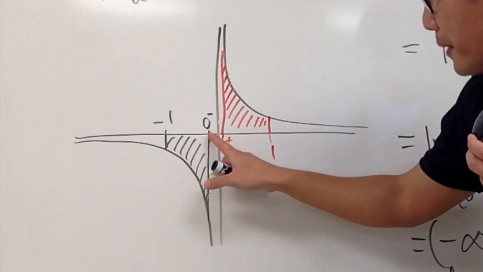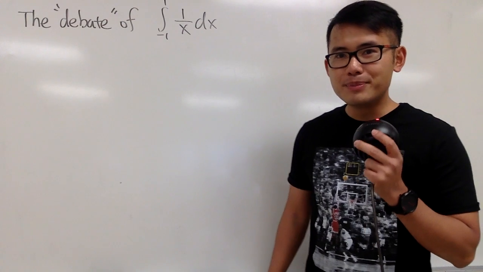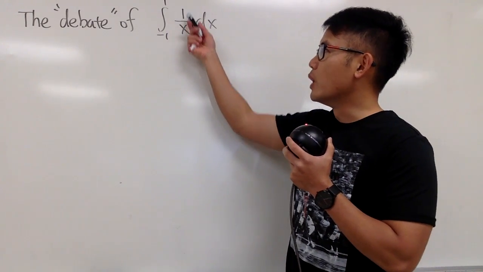That's why I purposely left a bigger gap from 0 minus to 0. Black pen, red pen, yay! Today, I'm going to discuss the debate of this integral from negative 1 to 1 of 1 over x dx